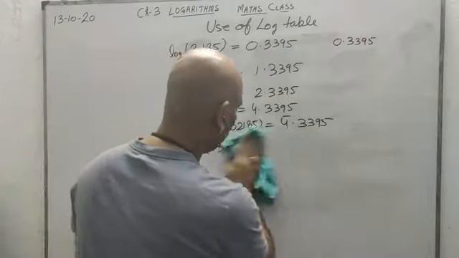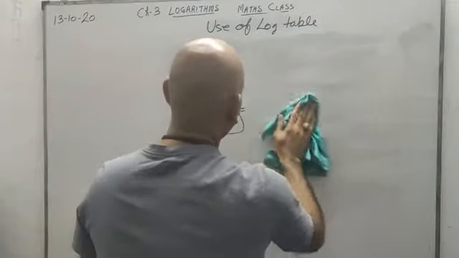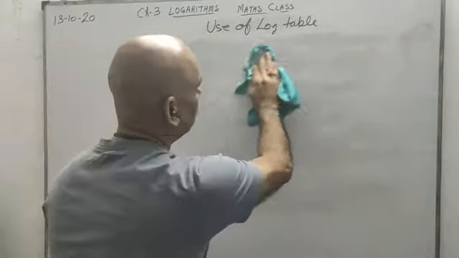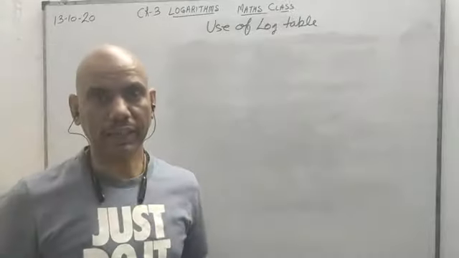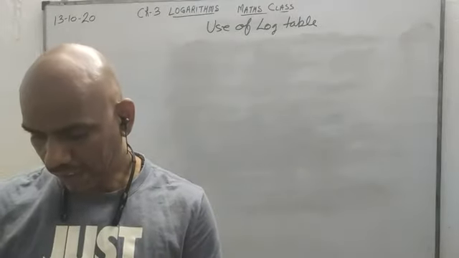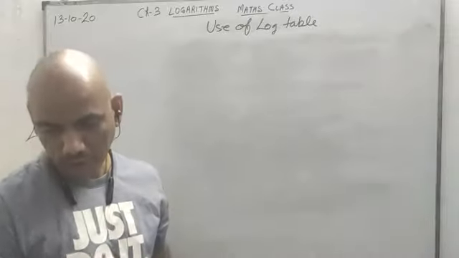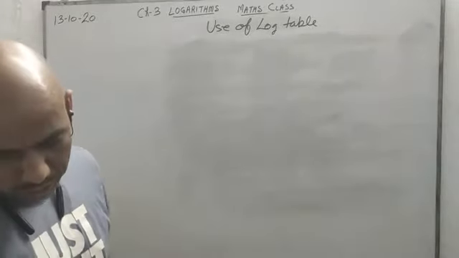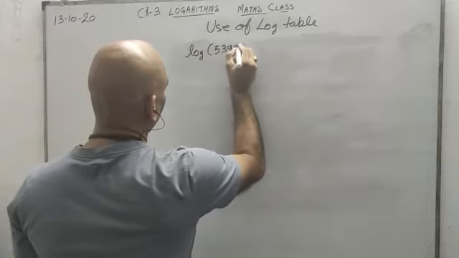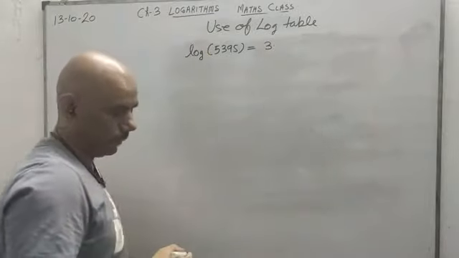I'm telling you a few more examples, and with that using the log table will be easier for you. Anti-log is simply the opposite of log, and most of the things are opposite in that. That's why I will explain that in tomorrow's live class. So right now we will discuss only log, and thereafter we will discuss anti-log tomorrow. So log 5395. 4 digits, so characteristic is 3.